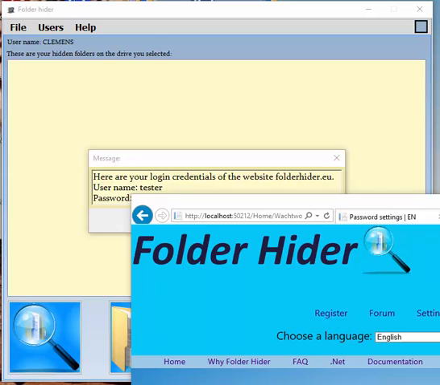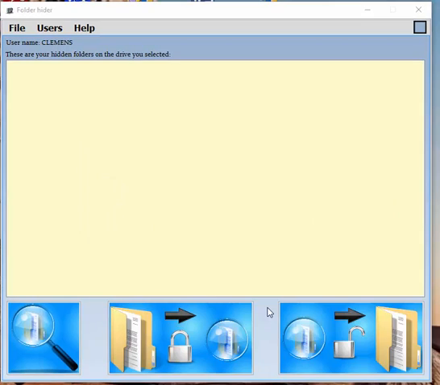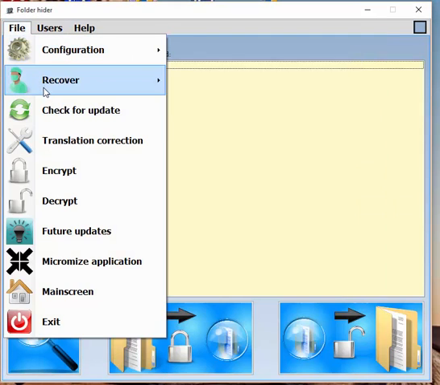So using all the password options that we provide, you should always be able to get access to both the Folder Hider program and website. If you do not use these options and can no longer access either of these two, then you have a problem. If you select Check for Update from the File menu,